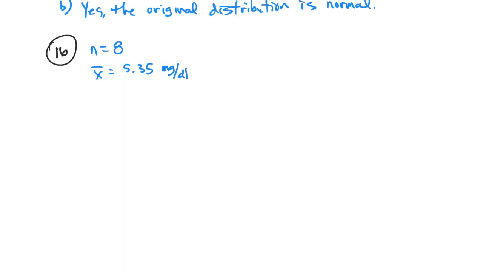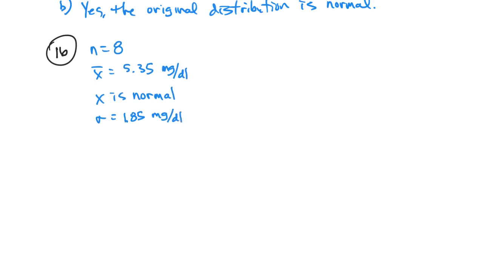And it says the distribution of uric acid in healthy adult males can be assumed to be normal. Okay, so x is normal, right? We're sampling from a normal distribution. And also sigma equals 1.85. So this is the population standard deviation,